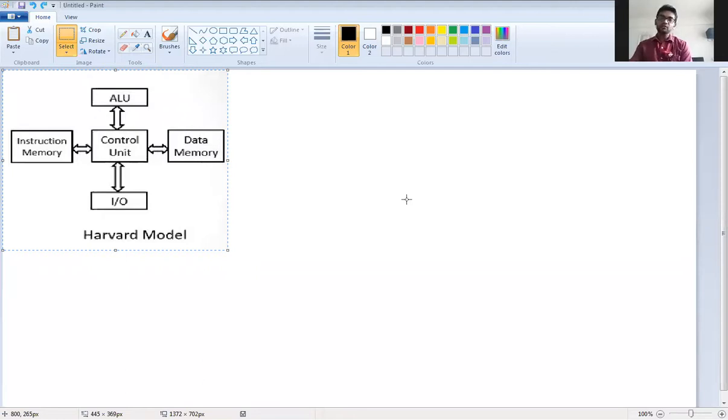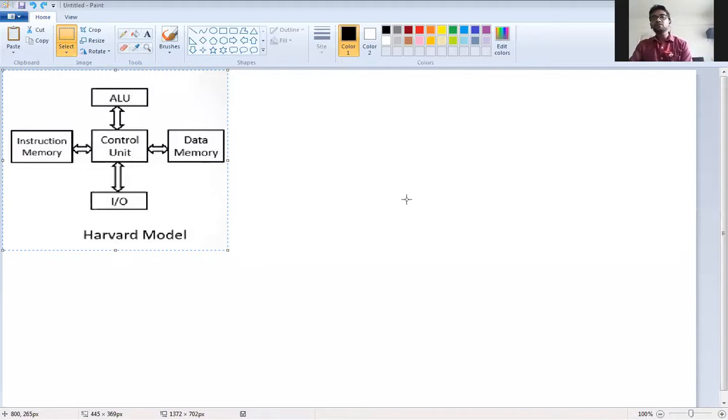In the Harvard model, the most important thing is that it has separate data memory and program memory. It means that whatever loading and storing operations there are, both operations can be performed at once. You are fetching the instruction, and at the same time you are fetching the data also.